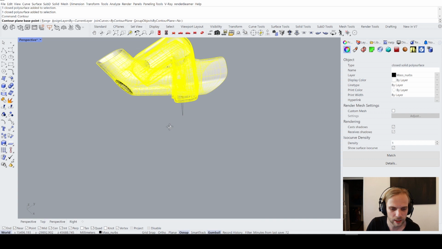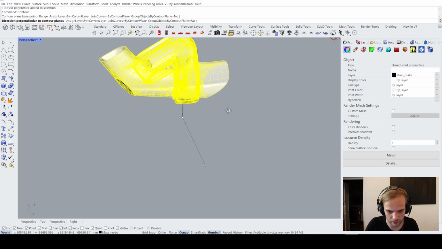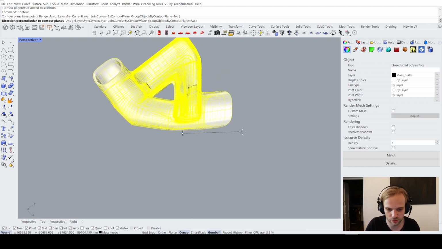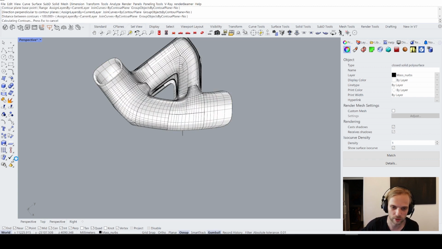And here I am not going to be very precise about it. I could be, but I'll probably just do it in a very loose manner, right? Something like that. Just describing an angle of the contours in a very loose way. And here, every 100 millimeters, sure, let's keep it as every 10 centimeters we get a contour. Enter,